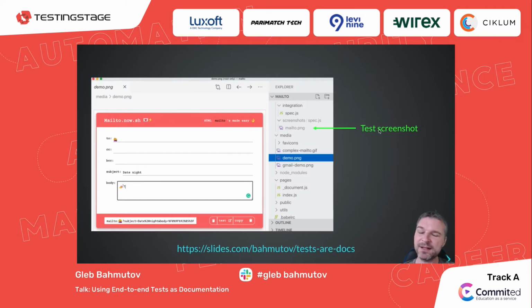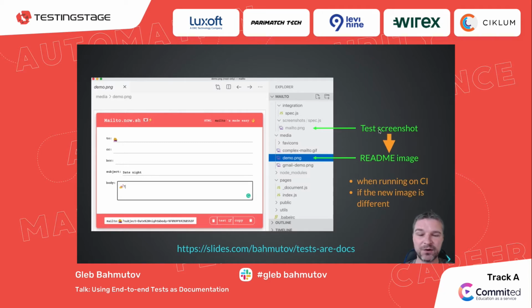We have a little bit of a problem. Right now, we take the screenshot using the cy.screenshot command. That screenshot is saved in cypress/screenshots/ the name of the spec file folder, right here. But our README should not include the test artifacts, which are transient, and that could be our screenshot. In fact, we want to place our screenshot in, let's say in this case, the media folder. So we have to copy the test screenshot into the media folder.